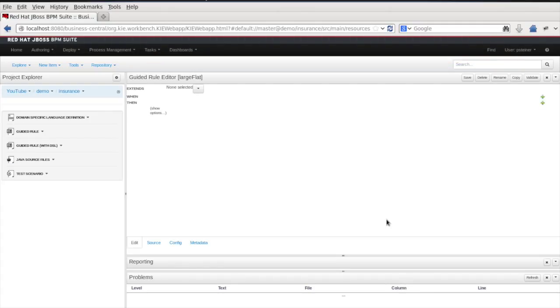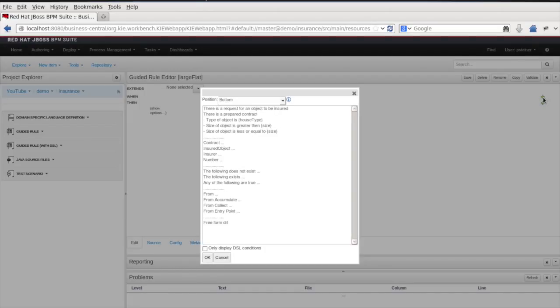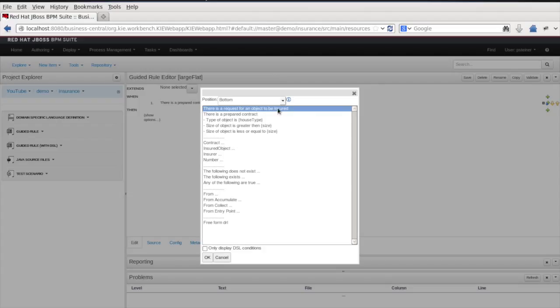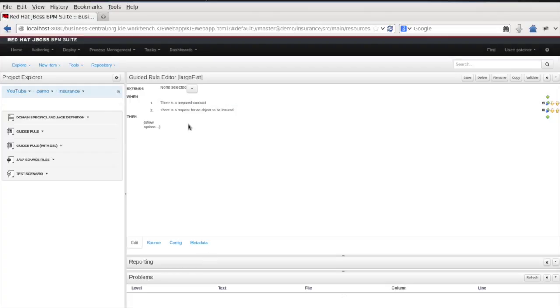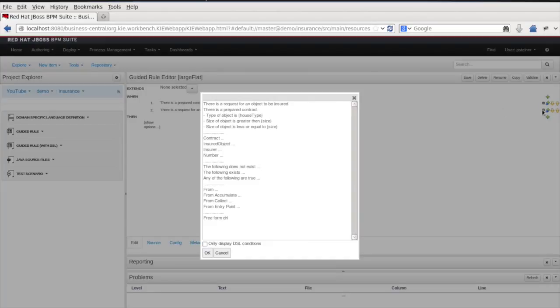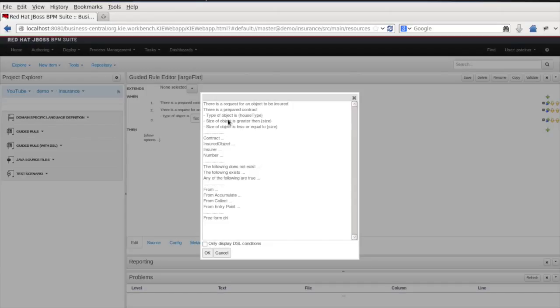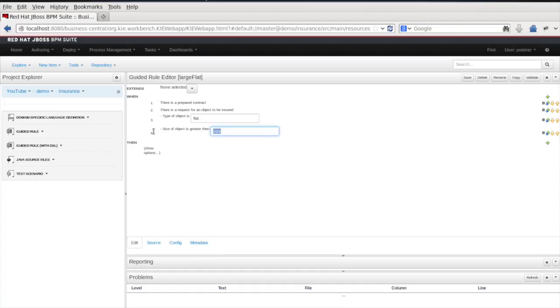So at first the guided rule editor looks exactly like it did when we created a rule without domain-specific language, but the difference now comes when we select or start adding conditions, because now we have the statement, there is a prepared contract, and there's a request for an object to be insured. And if we want to do further things, like there's the request for an object insured, type of object is, let's say, again, flat, and size of object is greater than, say, because it's a large one, and maybe later on we will have medium ones, the size of the object is greater than 100,